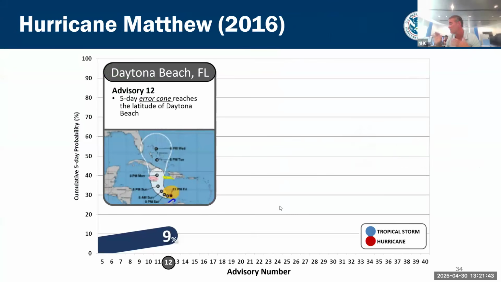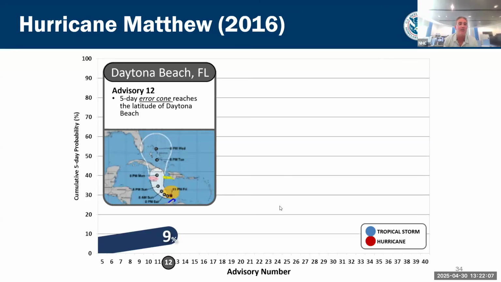Okay, and in the end, and I think I'm almost done before passing it to Larry, here's the best way to use them. We want you to look at the trends. Because what do the numbers really mean out of context? But what we want you to get is, is your risk going up or down? So here's how it works. We're going to pull an example from Matthew in 2016. And for this exercise, the only city you care about is Daytona Beach.